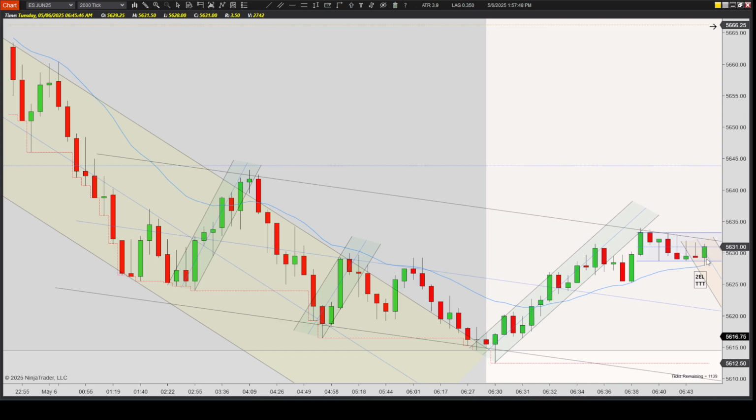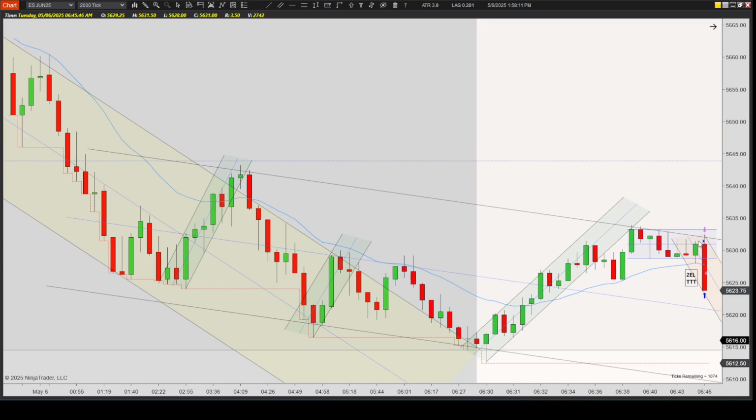Here, it looks like it's about to create a second entry long. So I saw this as a potential triple test: one touch, two touch, three touch. I like that it's touching against this EMA. Break of the green up channel did test the high already. So I was thinking it's a break, pullback, and potentially a second push up. I like the signal bar. I was thinking I was in a trading range and there's enough room to the highs. So I entered my trade right here, right at the highs of this.